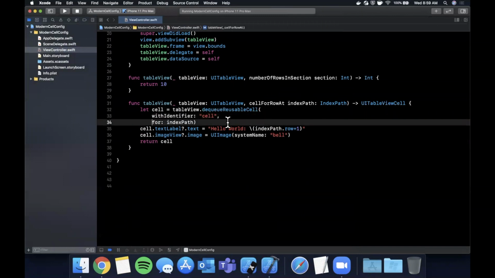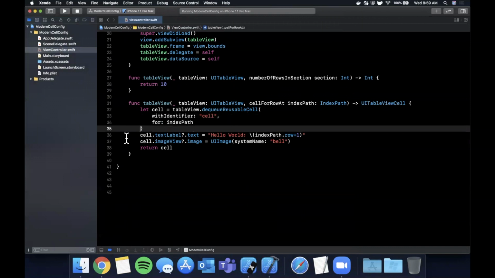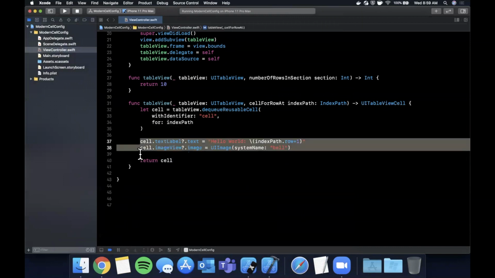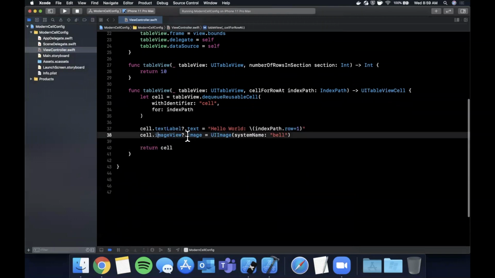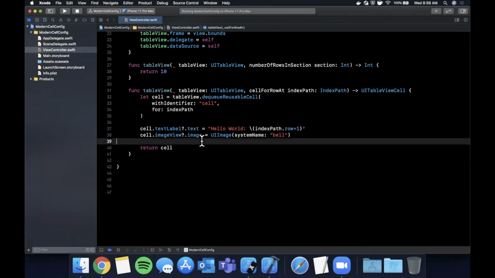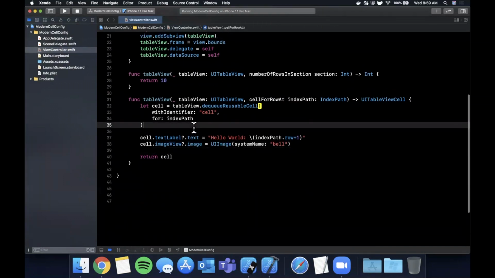So what the heck is modern cell configuration? There's two things to understand here. The first thing to understand is we're actually updating the text label and image view directly, and we're assigning their properties. So in this case, a text and image. So that's one thing to understand. If it was a subclass, we would cast it as our class, as my custom cell,